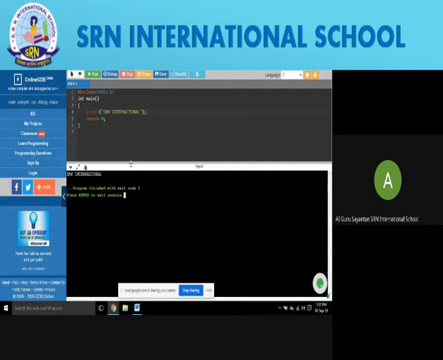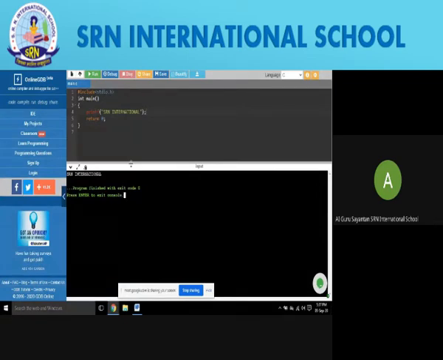You will be surprised that after writing the code, why we are clicking on run and what is happening over there. After writing the code, three things are required to see your output on screen. The first thing is purification, then translation, then execution. I'll be explaining every part of it. As soon as you write a code and click on the run button, the first thing that happens is the purification.